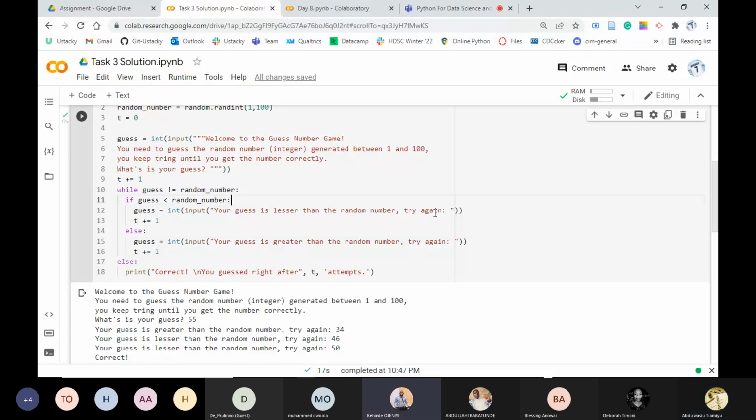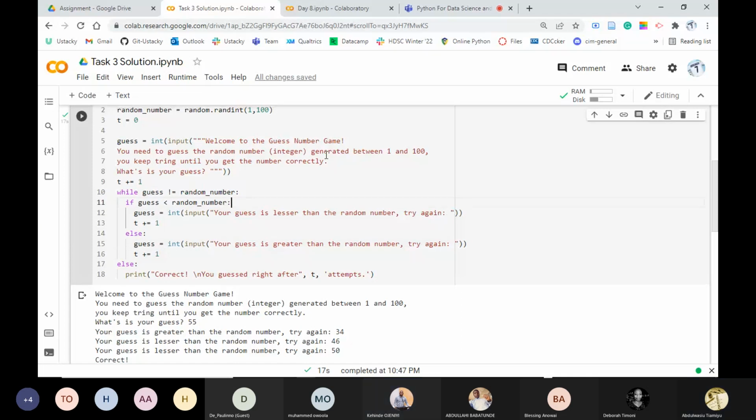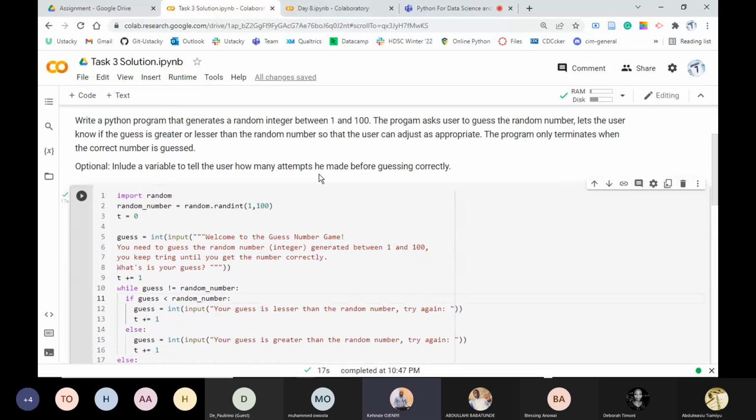But there's one thing I don't really understand. Can you go up? Yeah, this place. When you define the value, you say random.randint between 1 and 100, to choose a single random value between 1 and 100. Yes, I agree with you. I understand. But my question is, when you predict any number within 1 and 100,